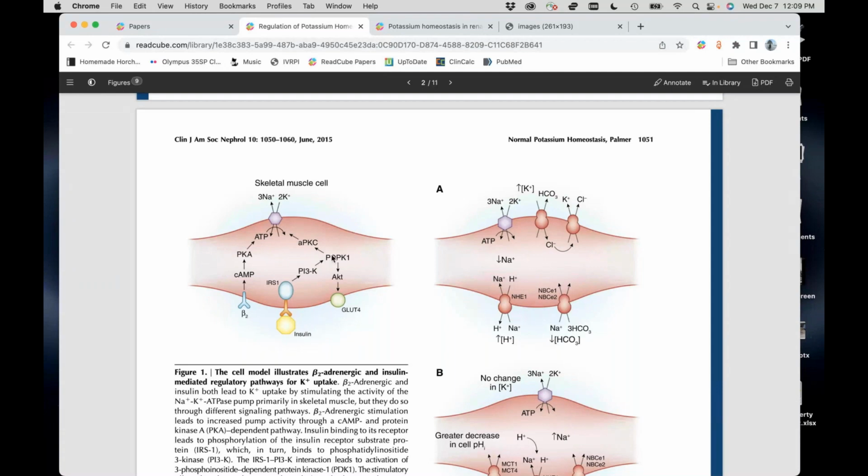this intracellular mechanism that not only will put more GLUT4 receptors on the cell surface, causing glucose to move intracellularly, which is why if we're giving insulin to treat hyperkalemia, unless they are hyperglycemic, you have to follow it with dextrose as well. Otherwise, they will become hypoglycemic. But that messenger also stimulates the sodium potassium ATPase on the basolateral side, moving potassium inside the cell, and then